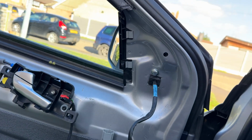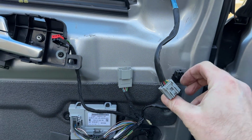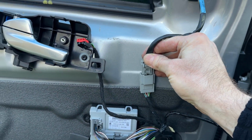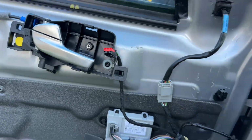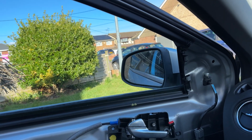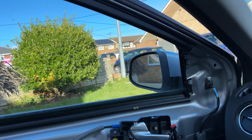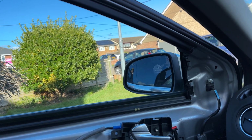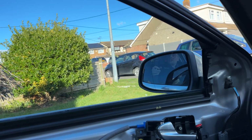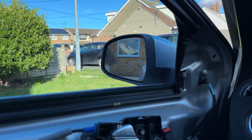It's an easy job. So, this is only finger tight at the minute, but let's plug it in and make sure it works. Because if it doesn't, I'm taking these two apart until I can make a good one. Here comes the test. Woohoo! I'd imagine what happens is the weather interferes with the equation, but it's nice to have two working Powerfold mirrors